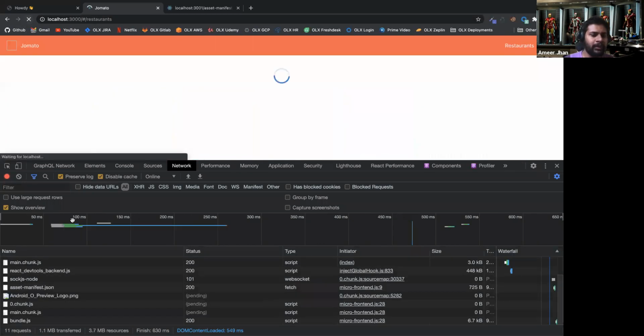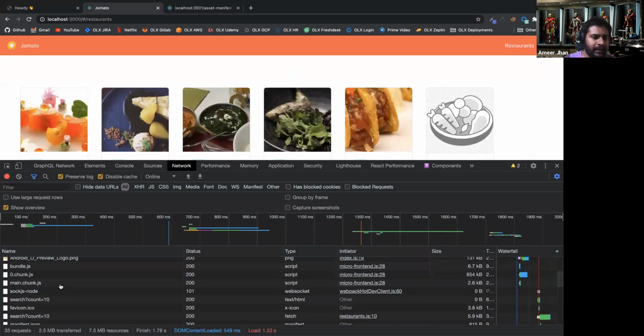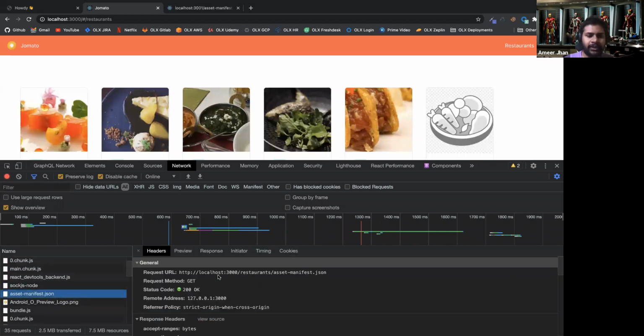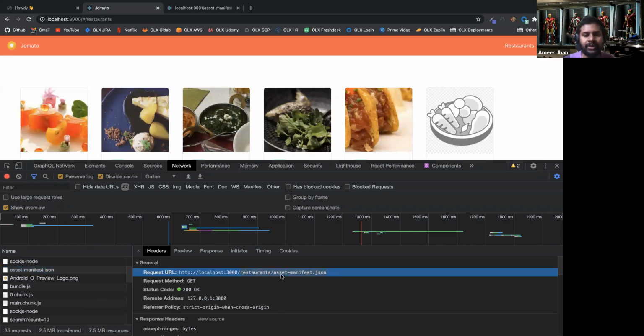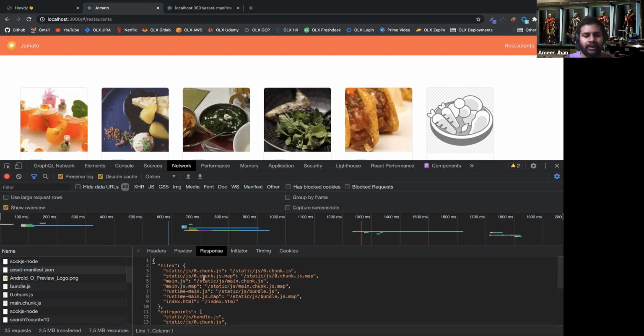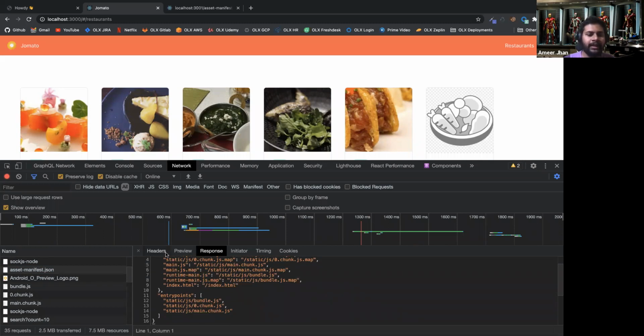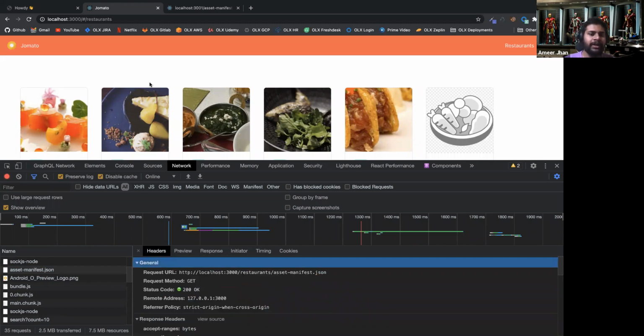If I reload, you can see I am making an asset manifest request to localhost 3001. Actually this is proxied to localhost 3001 because I'm making it inside the restaurants path. Now I got the assets of the restaurants microfrontend, and then I loaded them into the body tag. I can show you that also.